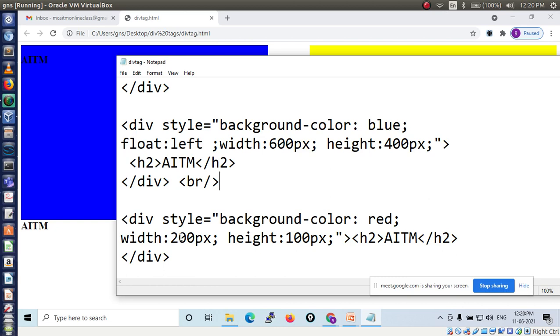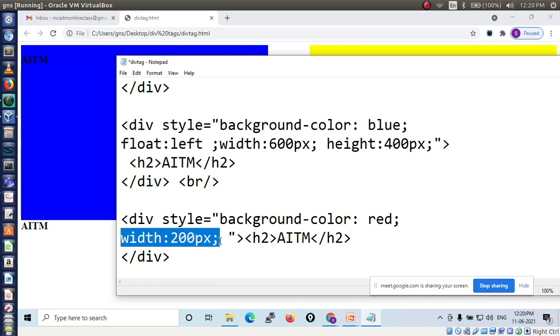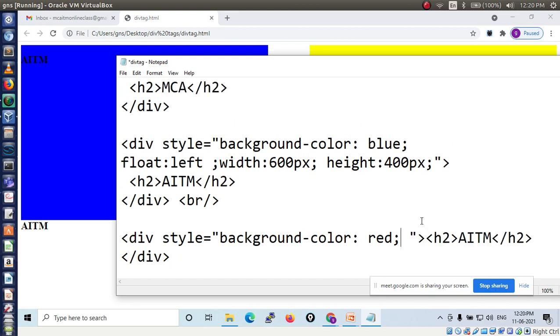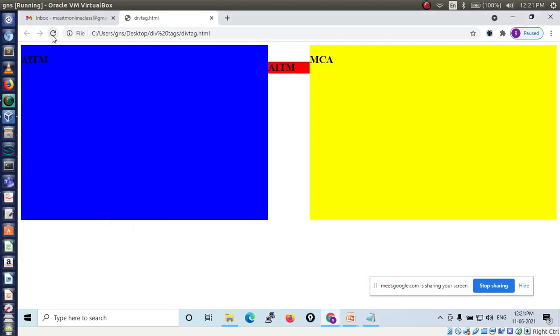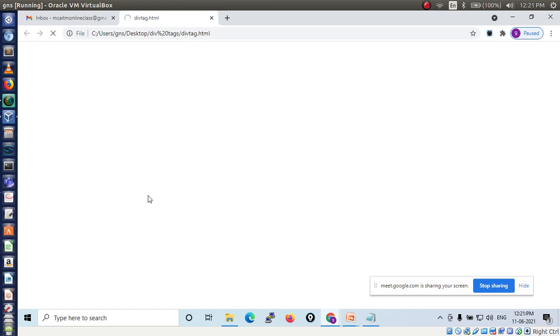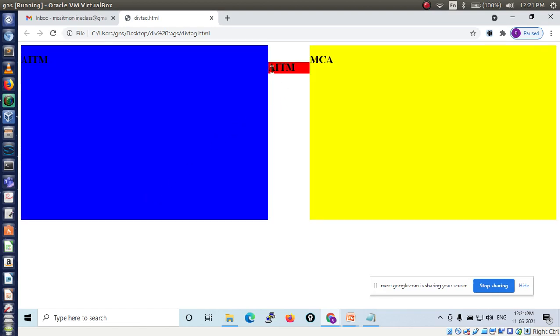Okay. AITM is displayed here. See, AITM in red color. AITM in red color. It is displayed, right?